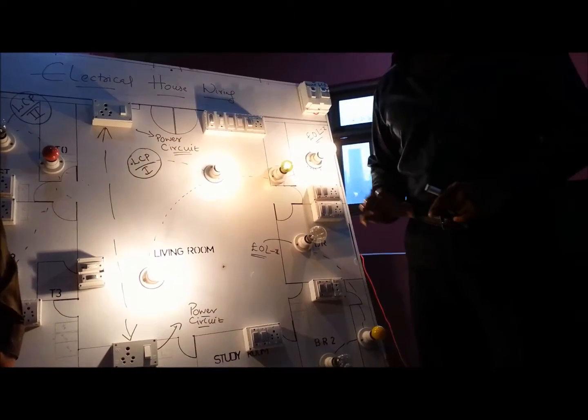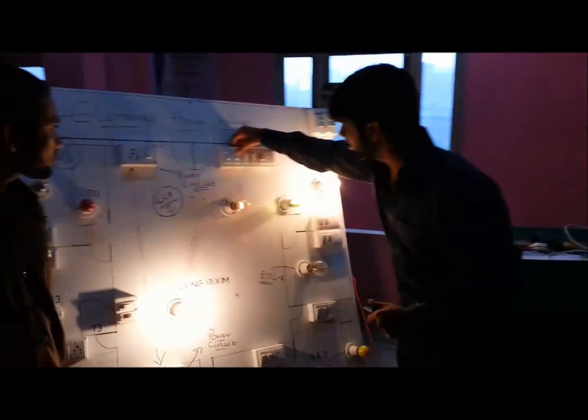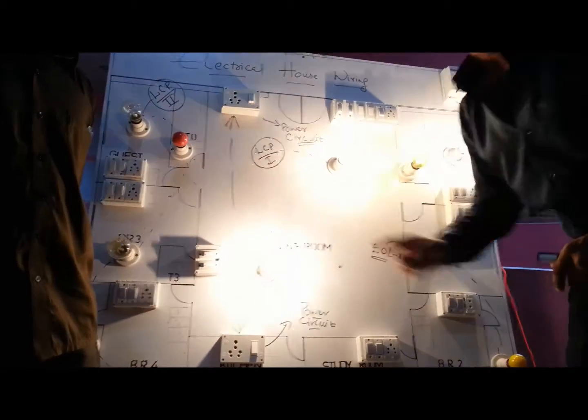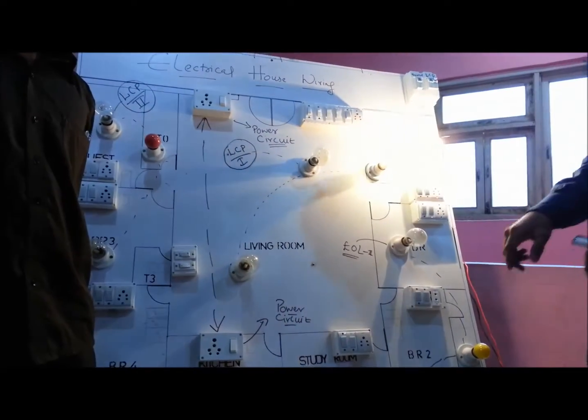One more thing our students did is they created two-way switching. They are showing you the two-way switching concept. What is it? Here you can see, I am turning off from here. From there I can even turn on this particular light. Right. I am turning off from here. From here I am turning it on. This concept is called two-way.